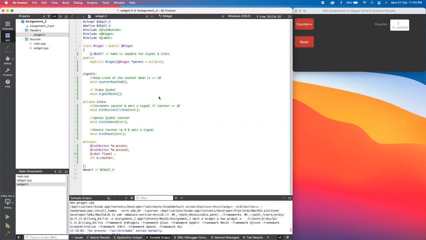As you can see on our header files, we created two signals, which are the counter reach and the signal reset. As well, for the slots, which are private, they are the slot button click, the slot update, and also the slot reset. What this assignment is supposed to do is we were supposed to create this program